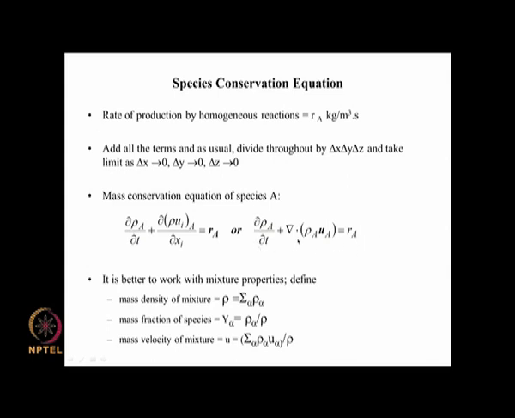So this is very similar to the mass balance equation that we had earlier, but in this particular case this is only for a particular species of the entire mixture, and the species can be produced or destroyed by a chemical reaction, and to allow for that possibility we are creating this rate of generation term here. In the absence of chemical reactions this will be 0 and we will have just this. Okay. And this is a species conservation equation.